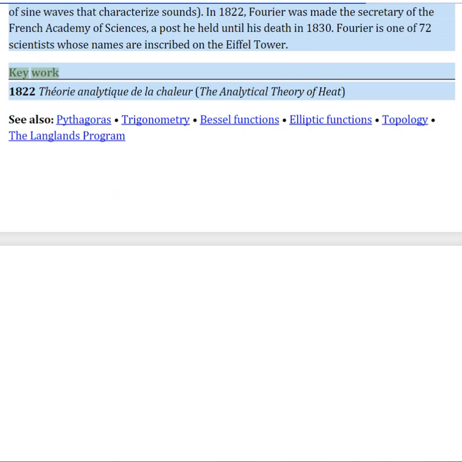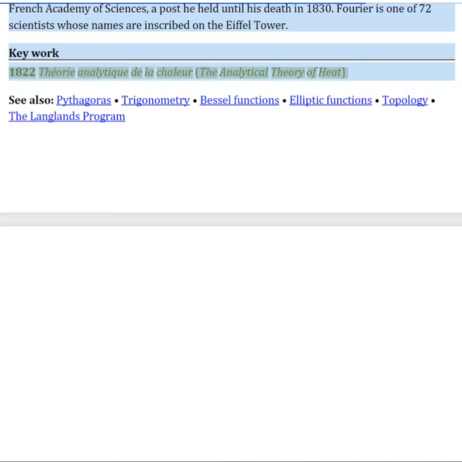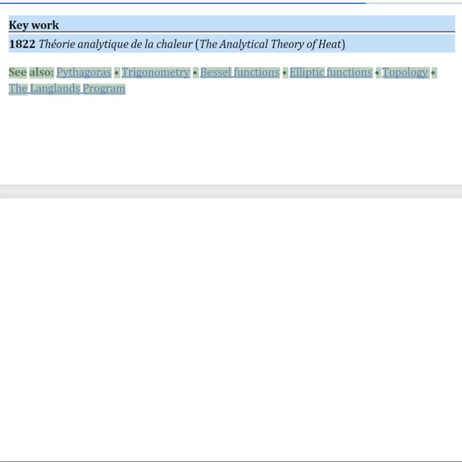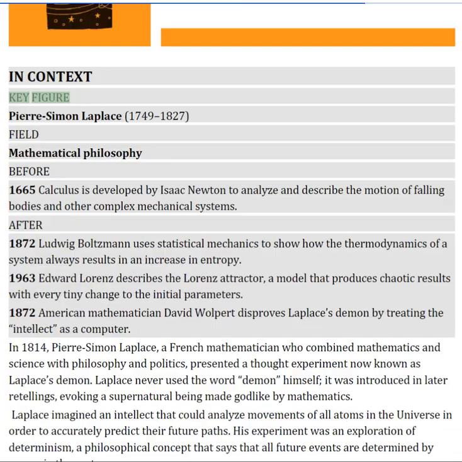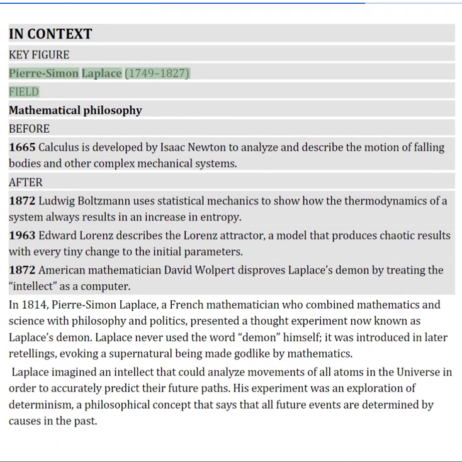Key work: 1822, Théorie analytique de la chaleur. See also: Pythagoras, trigonometry, Bessel functions, elliptic functions, topology, the Langlands program. In context. Key figure: Pierre-Simon Laplace. Field: